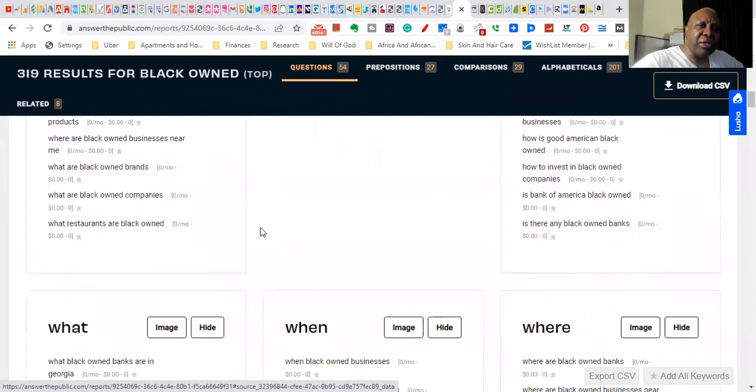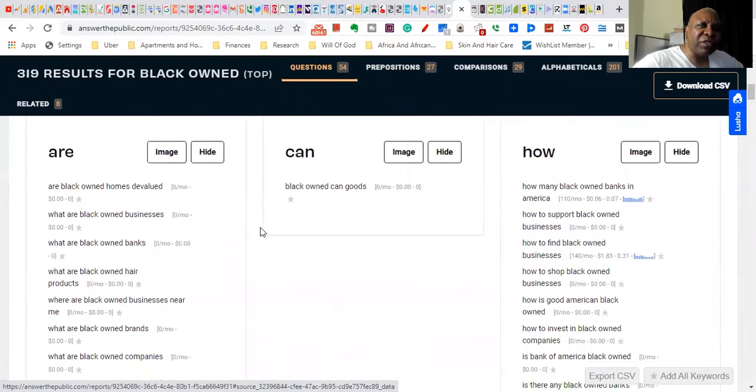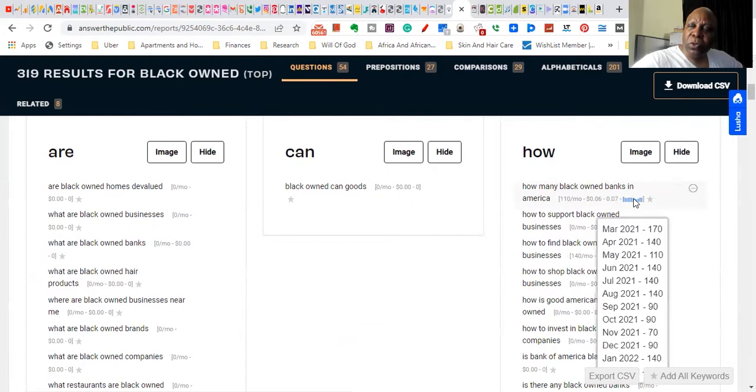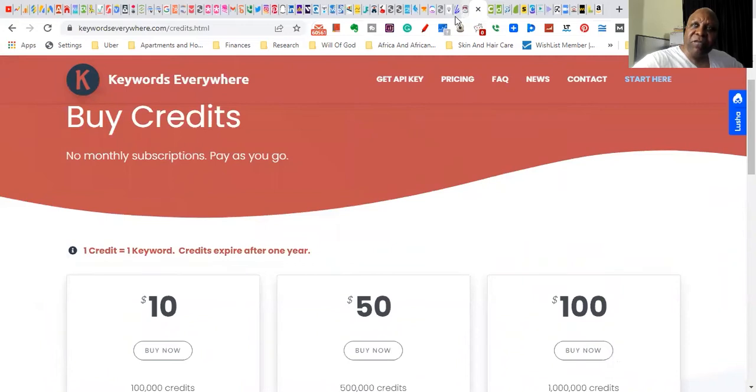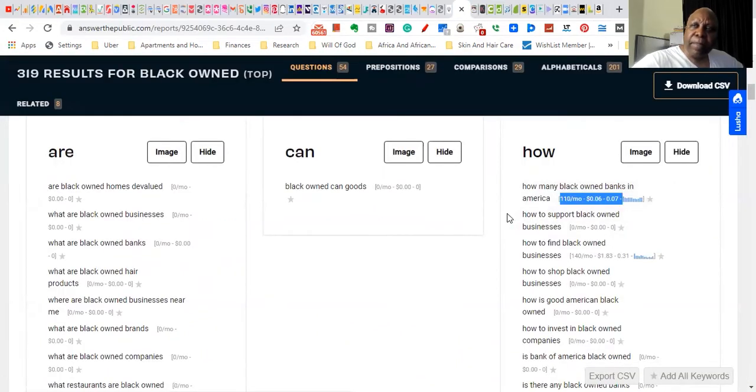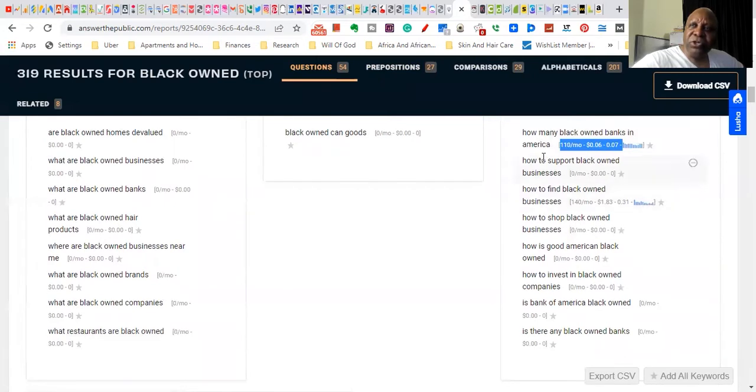So as you can see here, what do we look for? Which one of these keyword phrases should we go after? Any of the keyword phrases that has that little blue trending tool right there. And this information right here, 110 searches per month. And the trending information also comes from Keywords Everywhere. It comes from this tool. This tool gives me that information, even on Answer the Public. And you just run down and find the ones that have some searches on it with trending